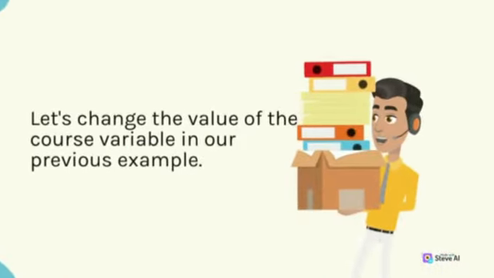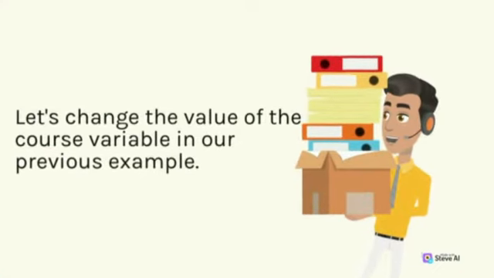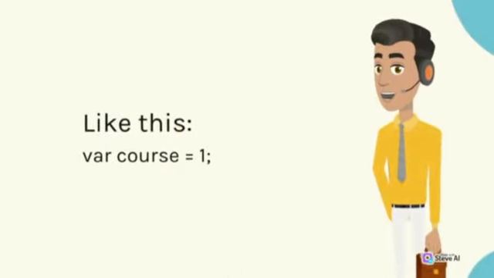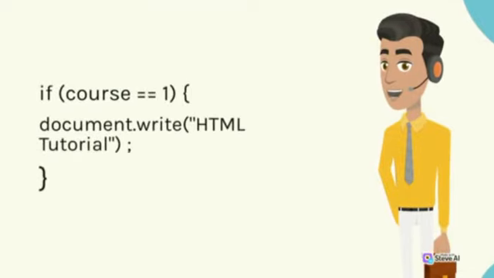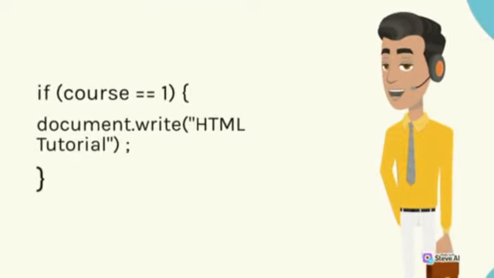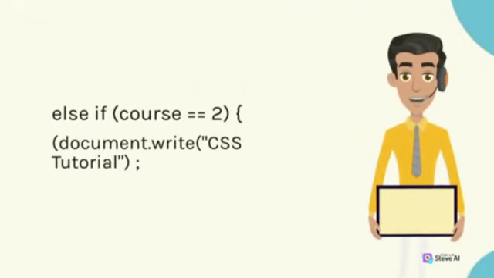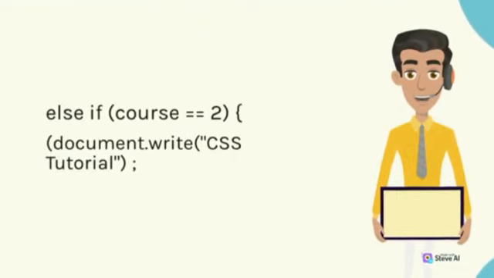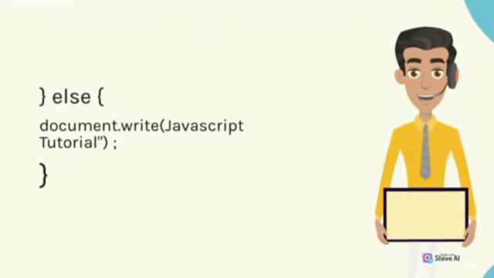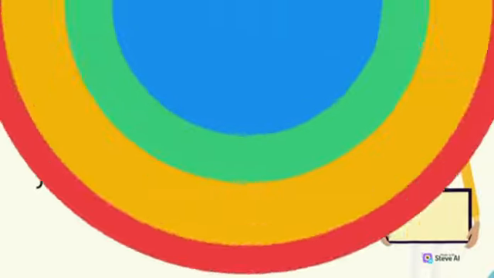Let's change the value of the course variable in our previous example. Like this. var course = 3; if (course == 1) { document.write("HTML tutorial"); } else if (course == 2) { document.write("CSS tutorial"); } else { document.write("JavaScript tutorial"); }